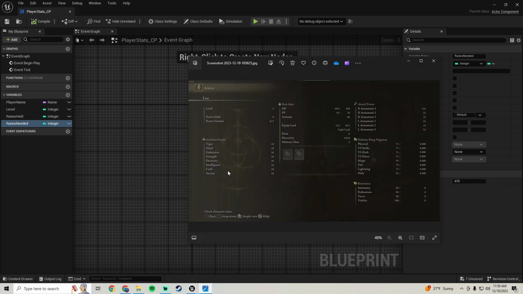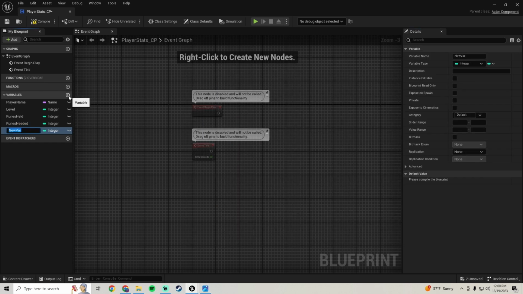And then we're going to add these attribute points here. So vigor, mind, endurance, strength, dexterity, intelligence, faith, and arcane. For each one of these, we need to add 2 variables: one that will be our current, and one that will be our max. So we'll go ahead and add our current